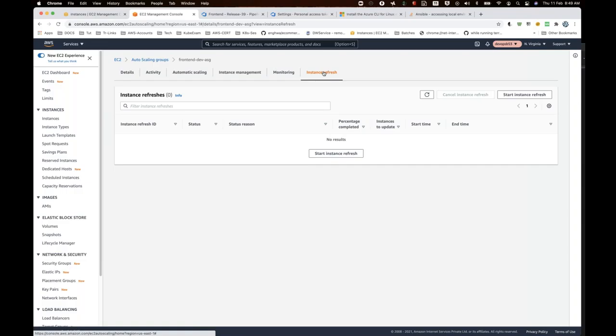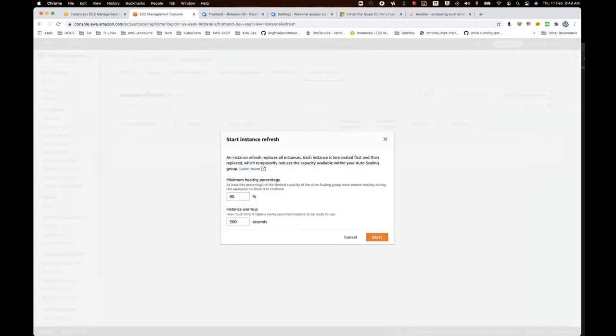Okay, so now what you have to do is start instance refresh. The minimum healthy percentage means at least that percentage of the desired capacity of the auto scaling group must remain healthy during the operation. So I want to maintain 100% availability. If you maintain 100% availability, the new instance will be launched and then the old instance will be terminated. If you decrease it a little bit, because we are maintaining only one instance,